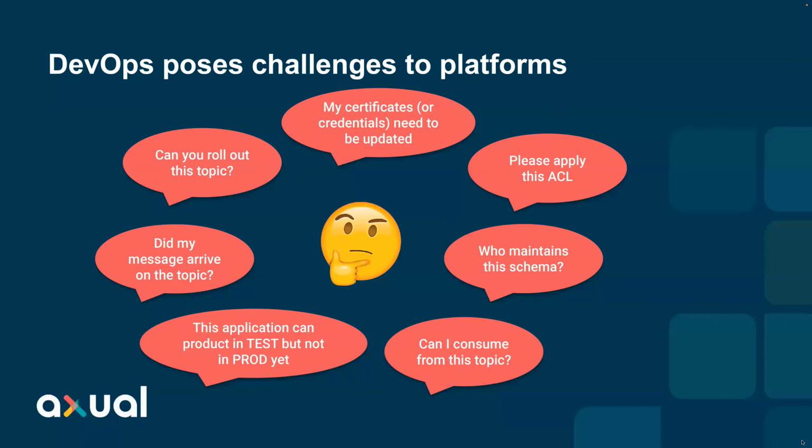I have an application that is allowed to be used in test, but not in production yet because we don't have the license to go to production. But can you please connect us to the test environment, etc., etc., etc. There is a slew of tasks to take care of when you are the central Kafka team. And it doesn't have anything to do with the technical side of maintaining the platform, keeping it up and running. It just has to do with fulfilling all of these requests from the teams that want to integrate their applications, develop their applications for Kafka, and then finally run their production systems against a production Kafka.